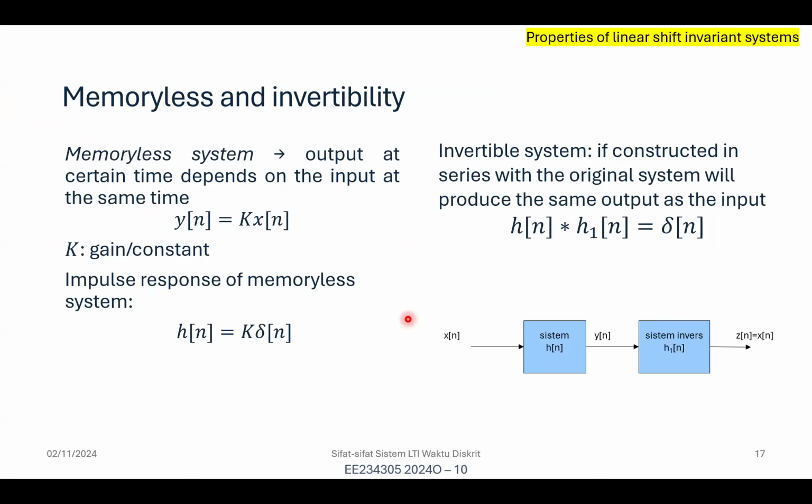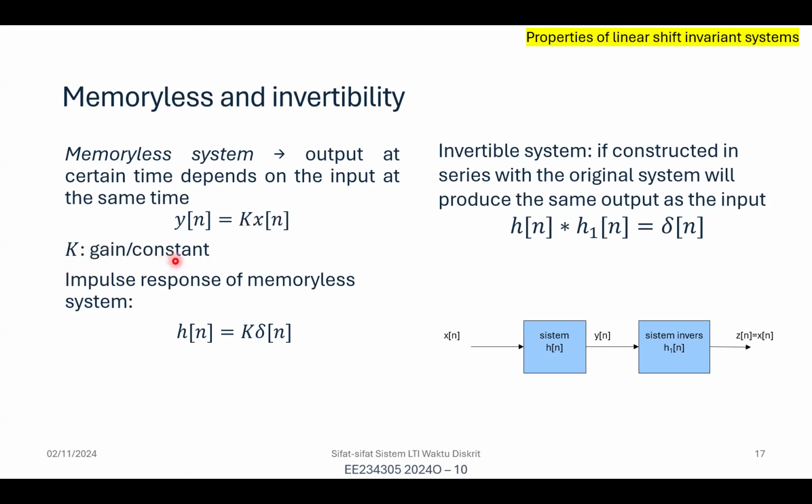So now we continue to discuss some properties of the linear time invariant or linear shift invariant system. I will just go through some of the other properties. I think the most important ones are the shift invariance and the linearity. We have done that already at the beginning. So memoryless and invertibility, this is more or less the same as the continuous counterpart. And the memoryless system here, the output at a certain time depends on the input at the same time. So it does not have any memory from the previous value,